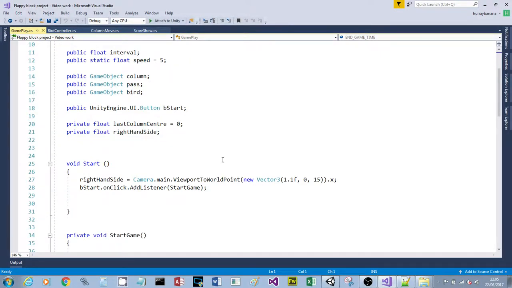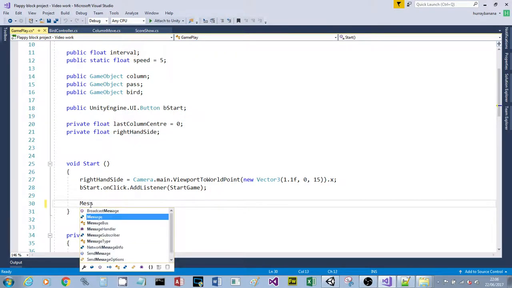But what we're going to do is write the start routine. Now there's some code already here, and you can see that this routine here is the start routine. All the code that we type is going to go in between braces. So we need to move our cursor just below those first 2 lines, which just set up some user interface code. Okay, for the gameplay, we need to listen out for the player crashing into one of the columns that are going to appear. We're going to do that by typing just below these 2 lines in start,